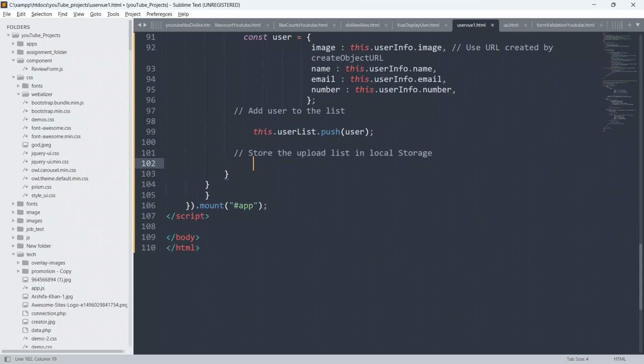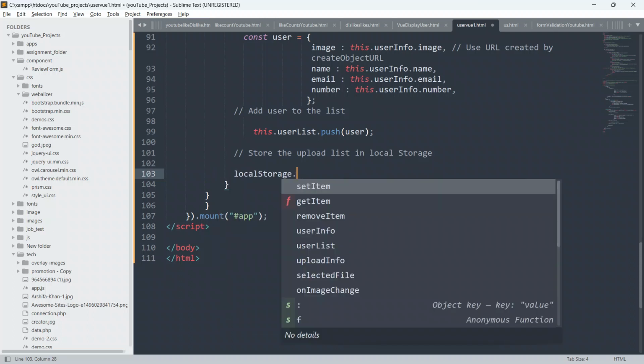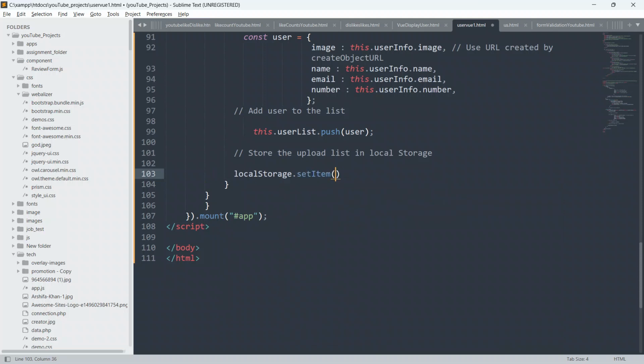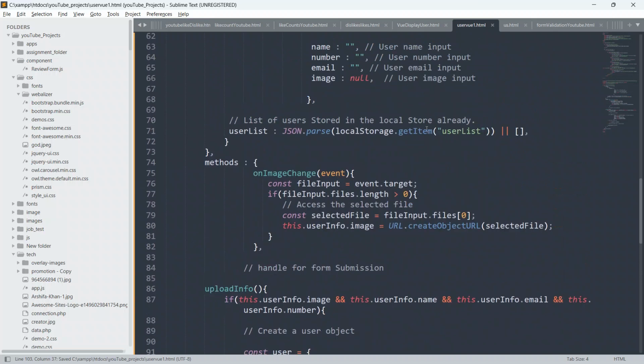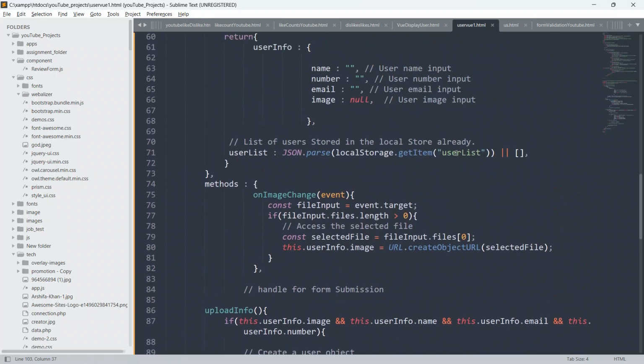Below this I will add the code also. We will say localStorage dot setItem. As you all know, we have already passed the key, so we have to use this key only, userList.